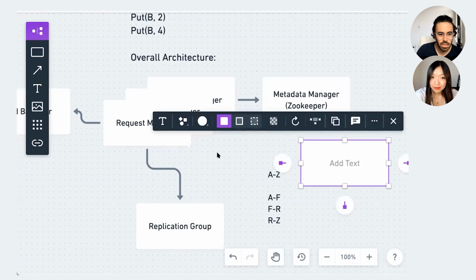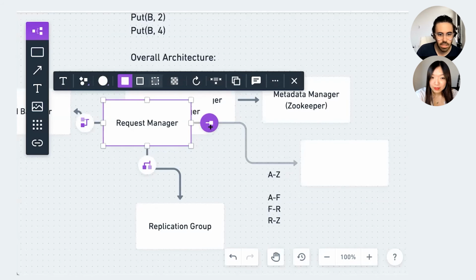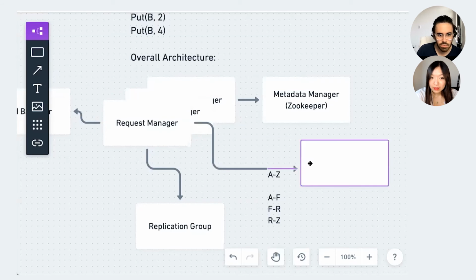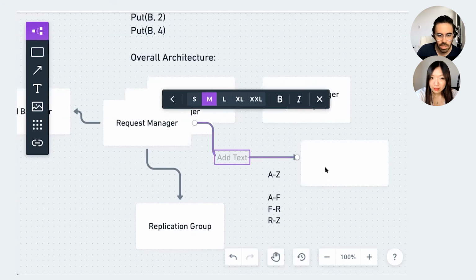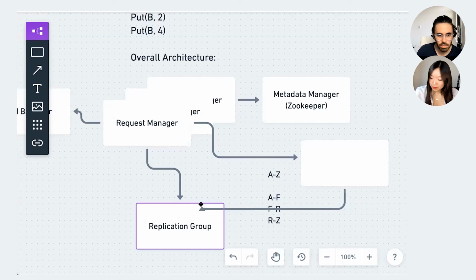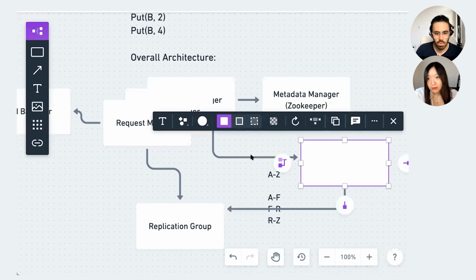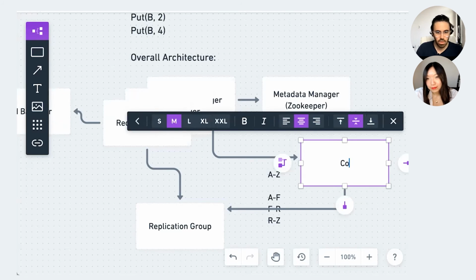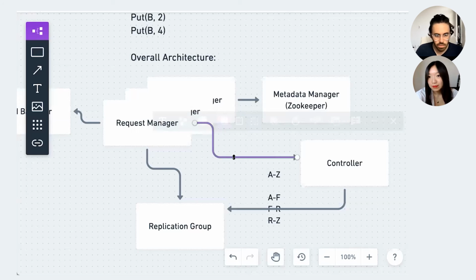Great. This one, the request manager will talk to it, but then also it will monitor the replication group. Actually, I'm not sure if it needs this. We'll just say that. Okay, great. So we have this controller that's watching